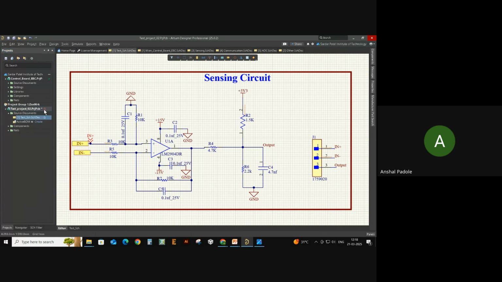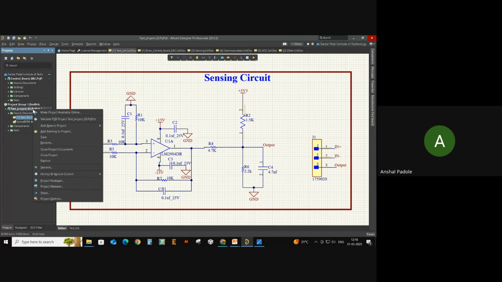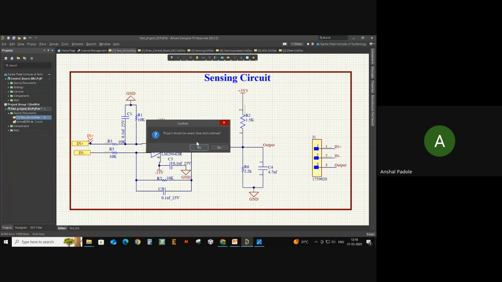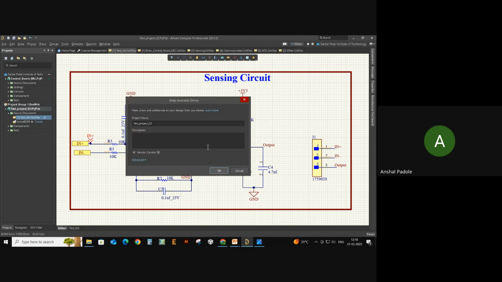Right now you can see the symbol highlighted in red, which means that it has been modified locally, but not on the workspace. To make it available online and make this schematic accessible, you can click make project available online, and it says the project should be saved. So let's continue. It asks for a project name and any description which you want to give. Let's keep the project name the same and add a description like this is